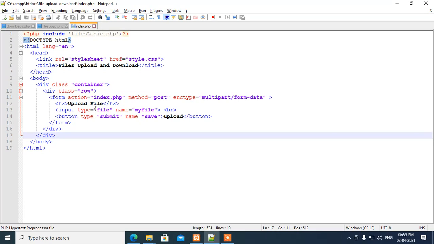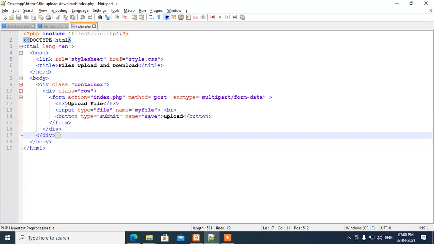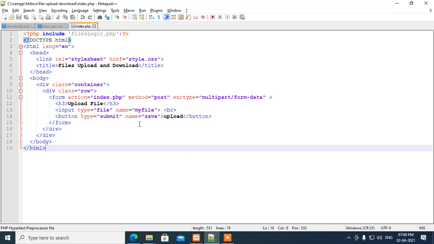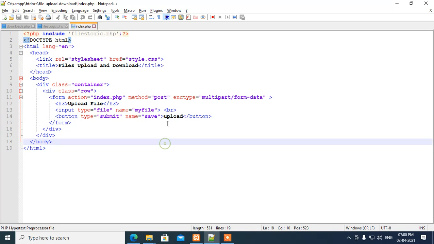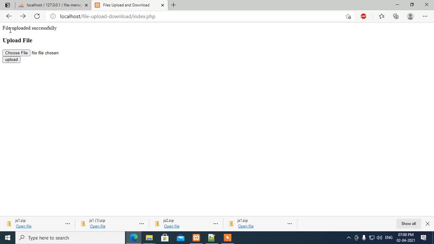In the form tag I take the action attribute index.php, method is equal to post, and I take an input tag, type is equal to file, name is equal to myfile, and also a submit button. I named it upload, now naming it save and upload. Here is how it looks.